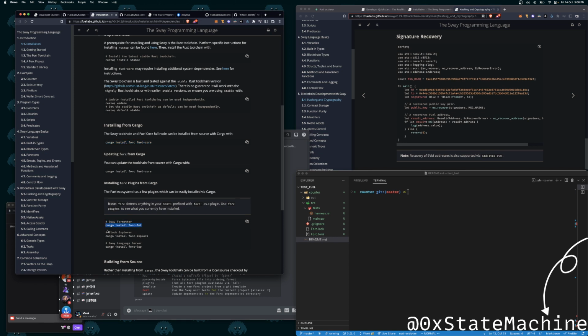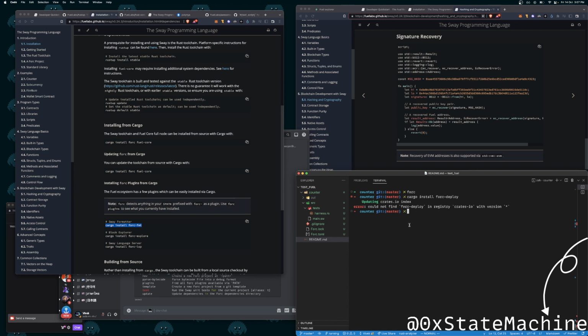Then you can install plugins. Cargo install 4C deploy. Is there something like this? No. Cargo search 4C.